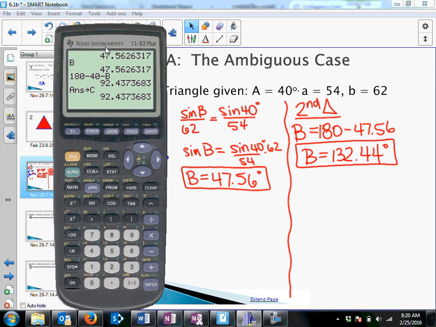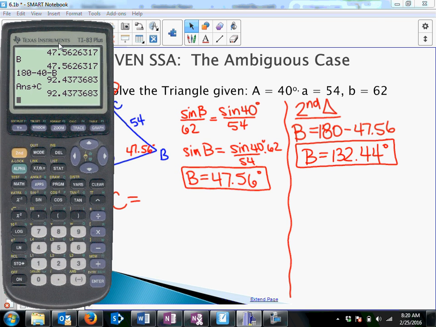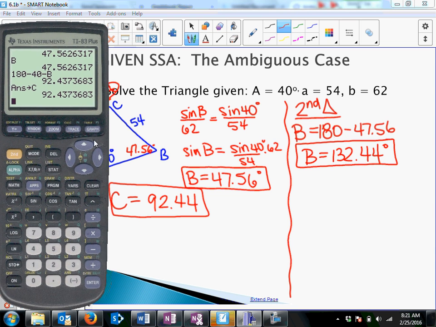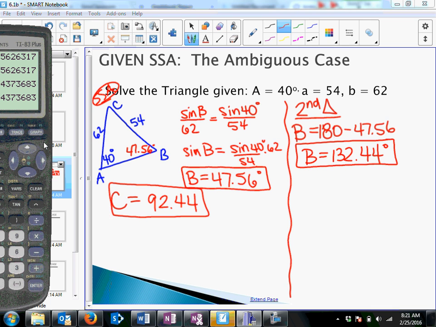But I'm also going to write down the answer. You don't have to do this, but I think it's a good tool for you to know. If you round this to 92.44 and you use it, that's fine. But I want you to know how to use your calculator so you can get more accurate answers if you want to, okay? So now that we have angle C, excuse me,